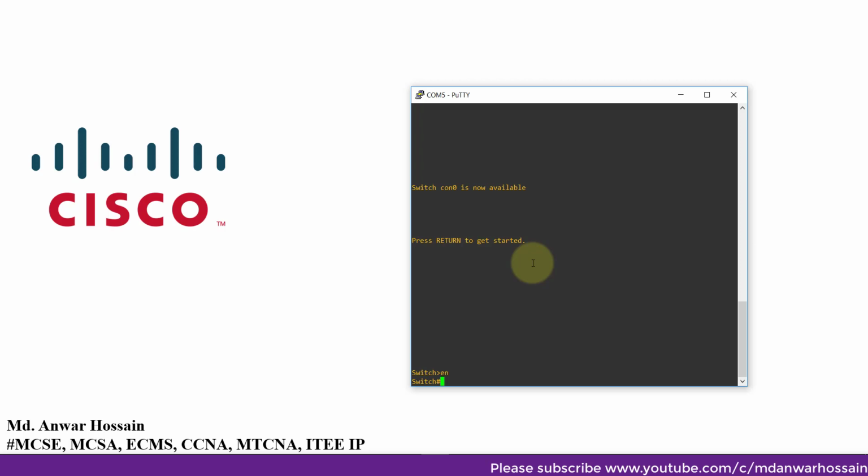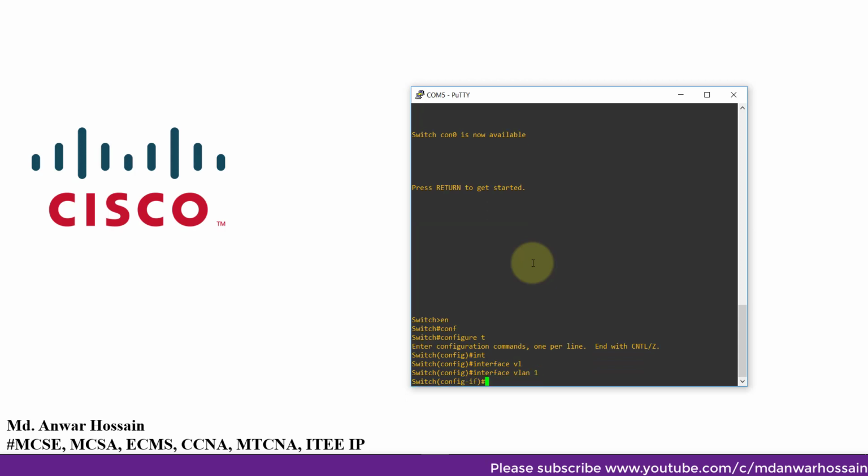We have the requirement that in this switch we need to assign an IP address to manage the switch, as well as manage the switch in graphical mode from the web. To make it happen, what do we need to do? We need to log in and go to configuration terminal. Here we need to assign an IP address under one of the VLANs. In my case, in this switch, everything is VLAN 1. So let's assign the IP address under VLAN 1. The configuration is interface VLAN 1